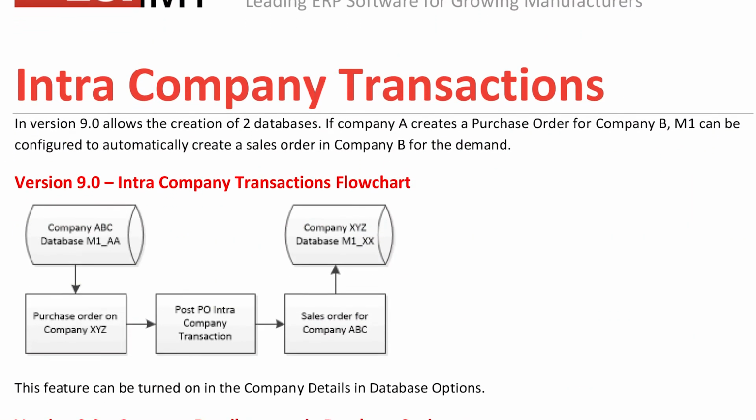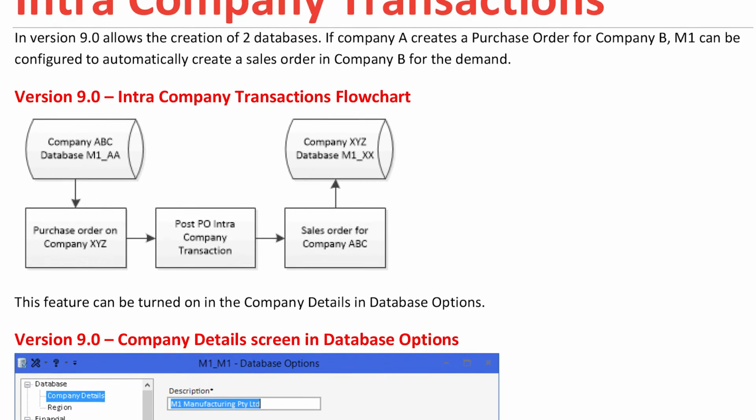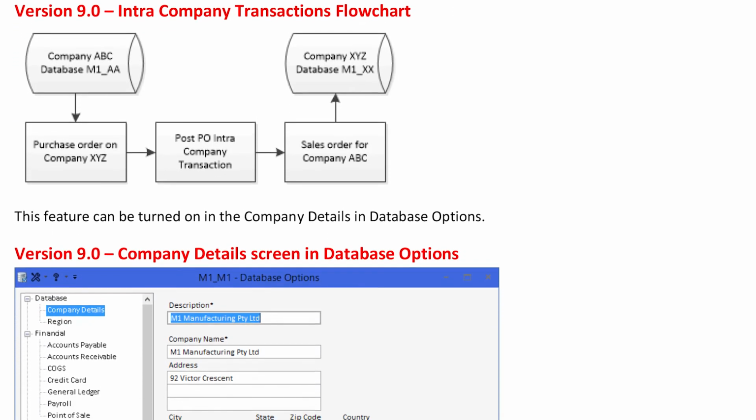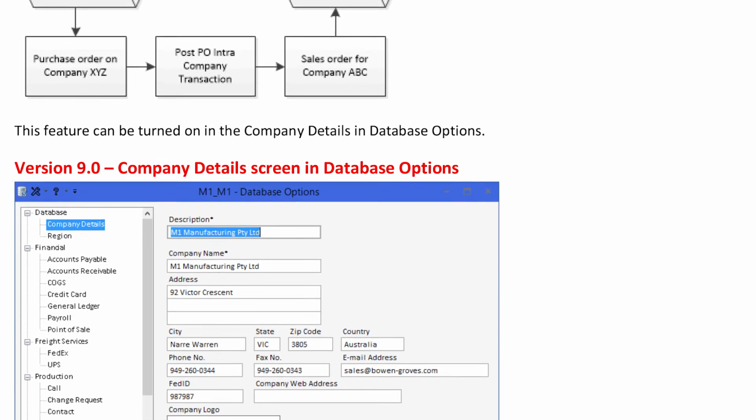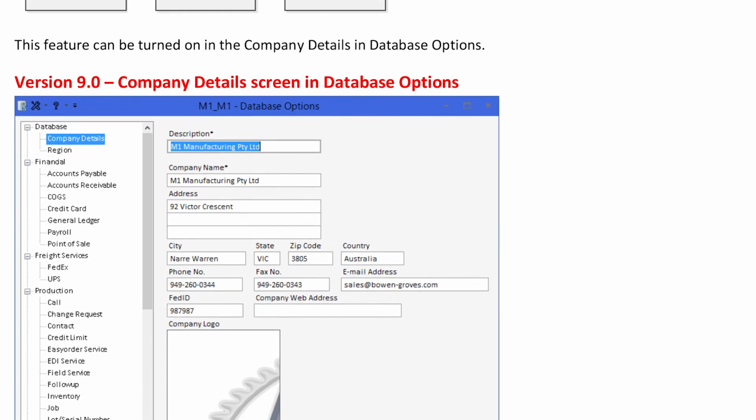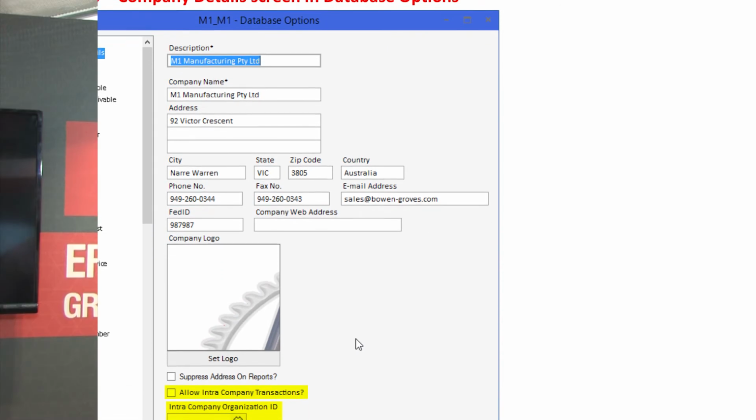Because M1 is a complete system, managing everything from inventory to warehousing is easy. With our new structure, we've created for companies that maybe have a separate sales division from their manufacturing or warehousing division, so that if you create a PO in one, it creates an order for the other. We've systemized everything so that it takes one operation to pass things between warehouses, between organizations within the company in intra-company transactions, or to set up an invoice to be sent out to your customer. Our structure within M1 allows you to send out, through an automation tool that we've added to our system,